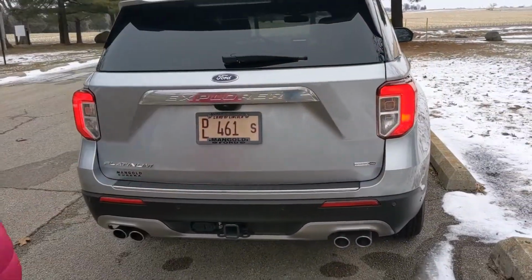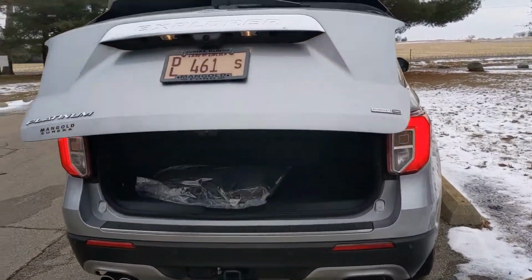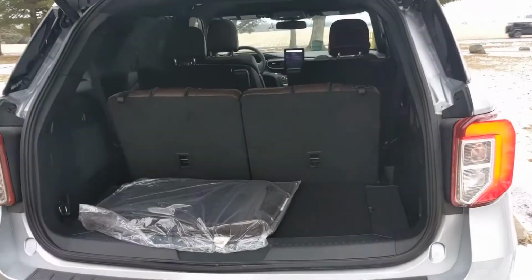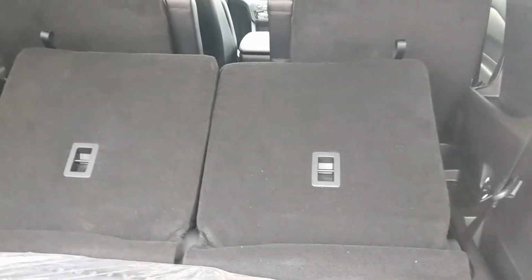Another thing Ford added, guys, to the 2020 Explorer is a really great storage space in the back of these vehicles with the third row up or even down. Let's show you that right now. So you still have the hands-free liftgate operation, which I love that Ford's done that. Also, you have the third row that's capable of folding down with a simple press of the left-right, and they automatically fold in this Platinum Edition, which is going to give you a ton of cargo space just